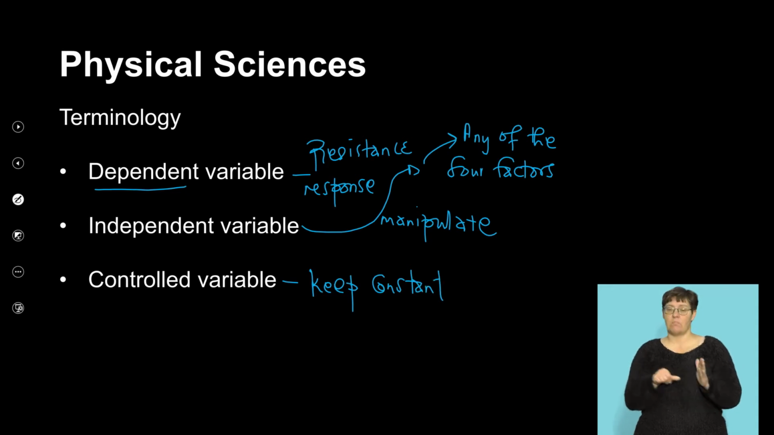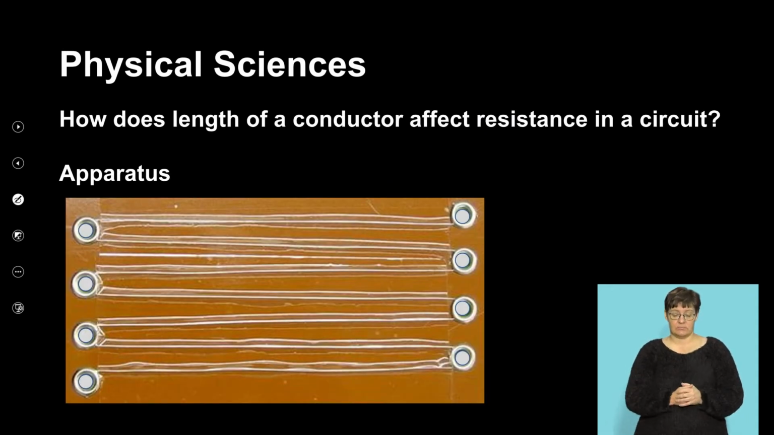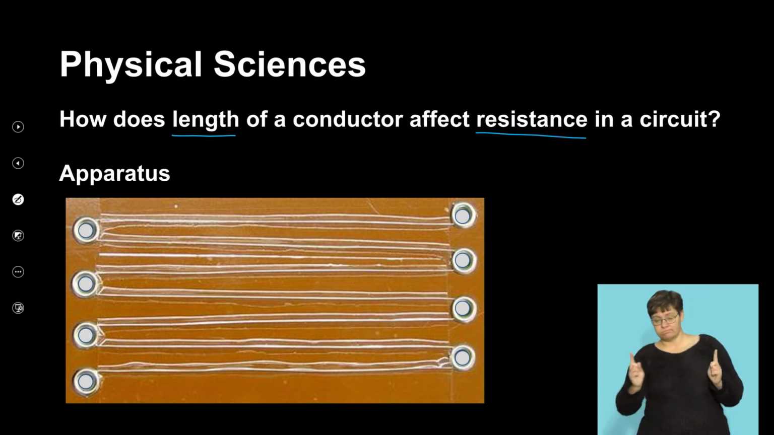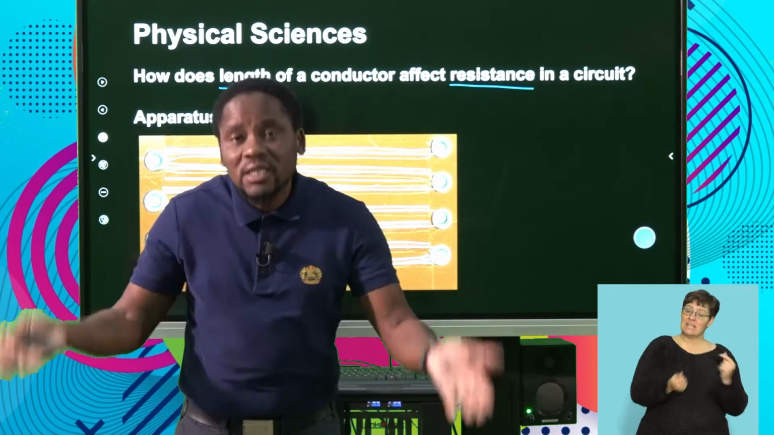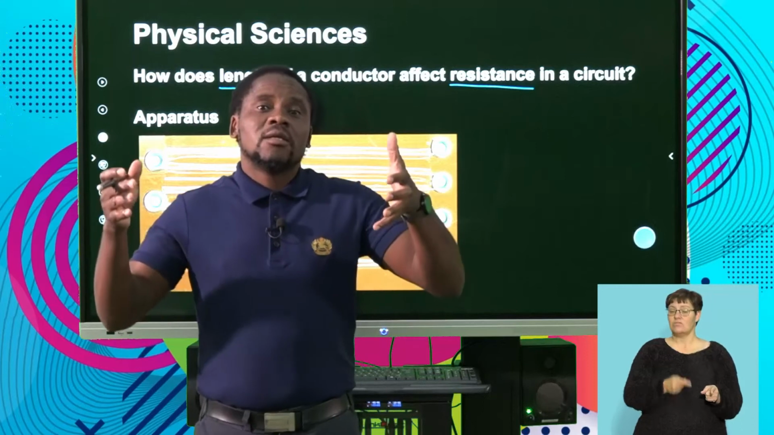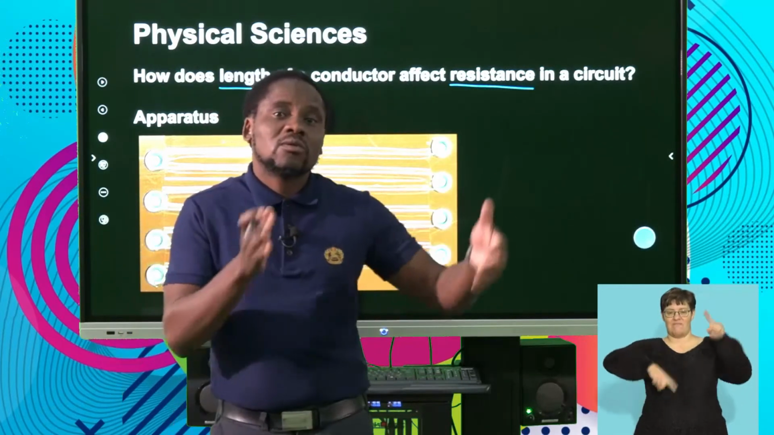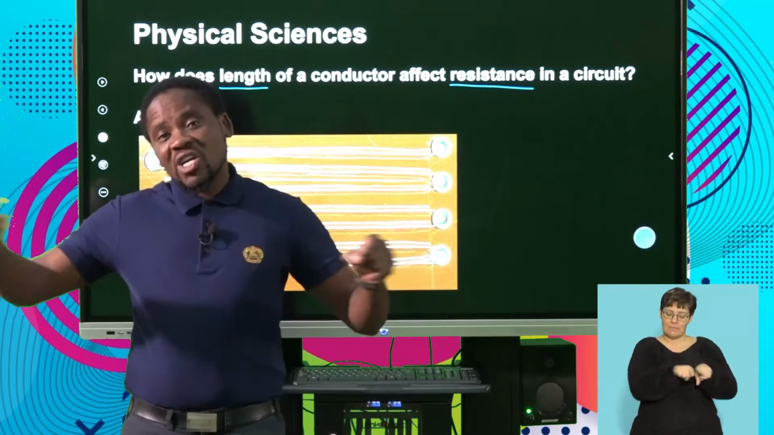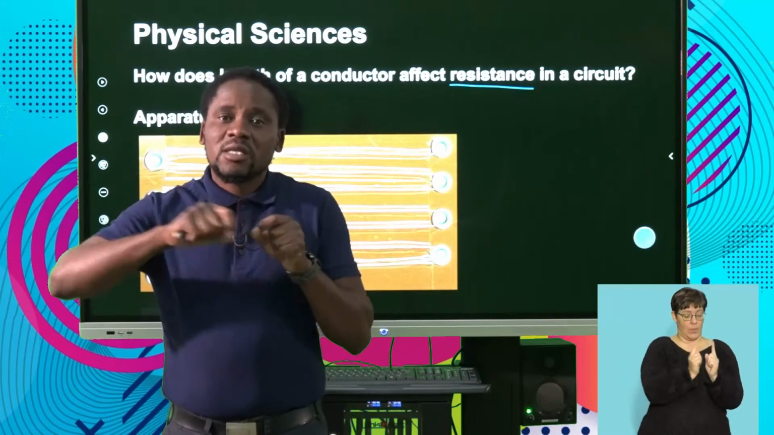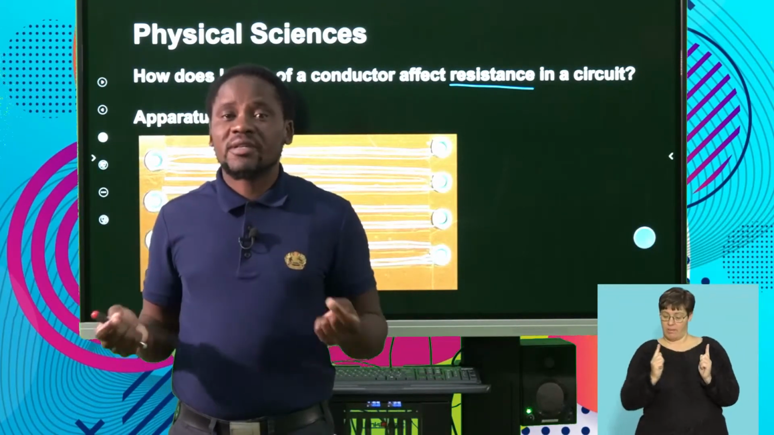Right, so that's very, very important. Now the first one has to do with the length of a conductor and how it affects resistance. So what are we saying here? We're going to change, or vary, the length of a conductor, the same conductor. If we say same material, it means the type of material is the control variable. What we're going to change is how long that same material is, and we want to see how it affects